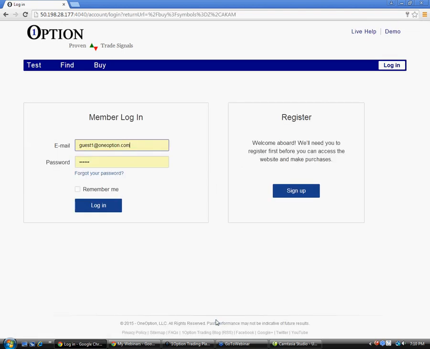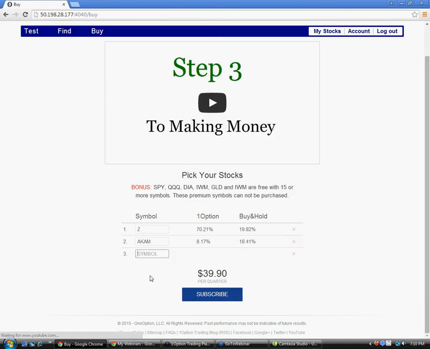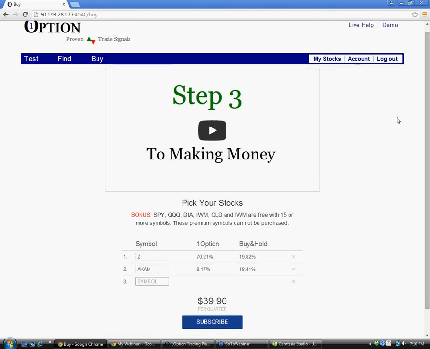I click subscribe. And then I'll need to register or log in, and then I'll be able to proceed to the checkout page. But again, because we're on a test server right now, I'm not able to get to that checkout page, but it does also have a video. And for anyone that's new to OneOption, it'll describe the transaction processing, how to access your account information, which we'll take a look at, and how to find your information. So let me point one thing out though,